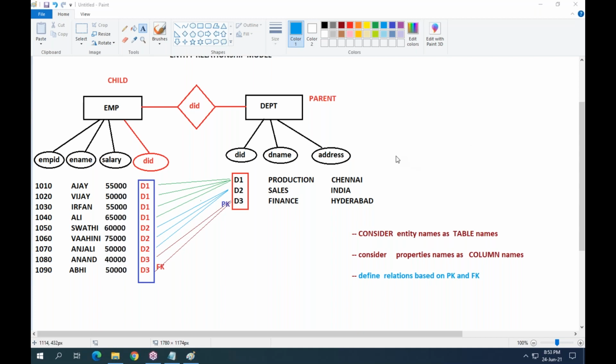Then, Mona Lisa, don't think about duplicate value or duplicate record. Just remember, we have to consider department ID as a primary key. Don't think about the remaining columns. Why? That you will understand later.